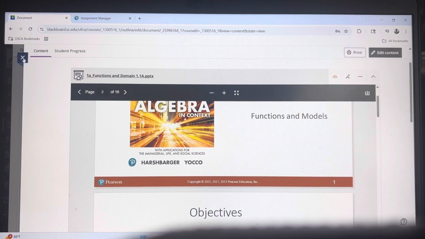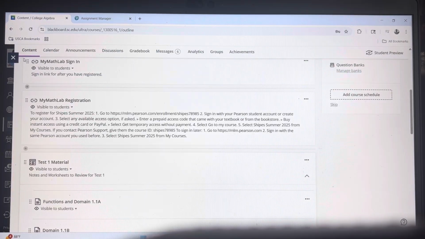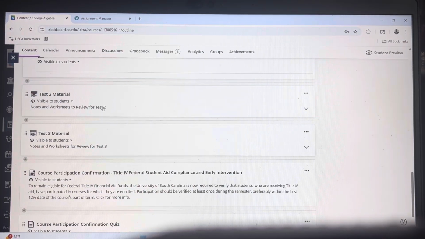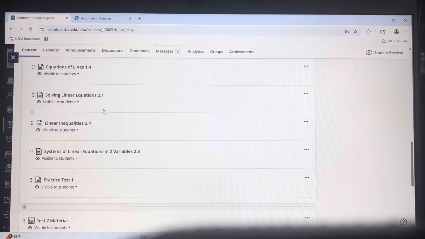So ideally, you come in here, you watch the lecture and work through the PowerPoint with the lecture video. Then you go try the homework, move on to the next one. Then sometimes you'll be ready for the quizzes to take those as well. Like I said, each test material is broken down so that you have all your information for